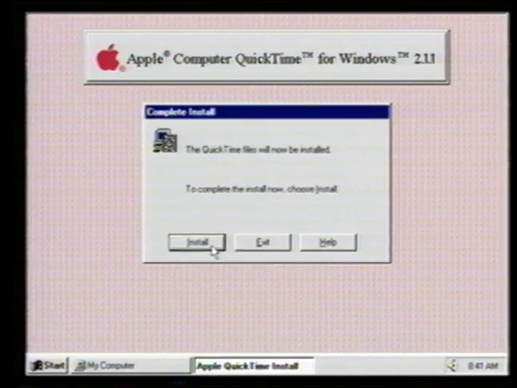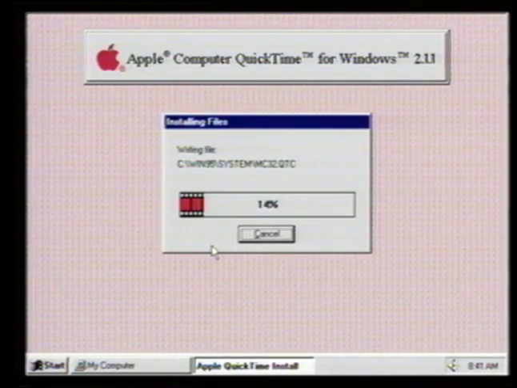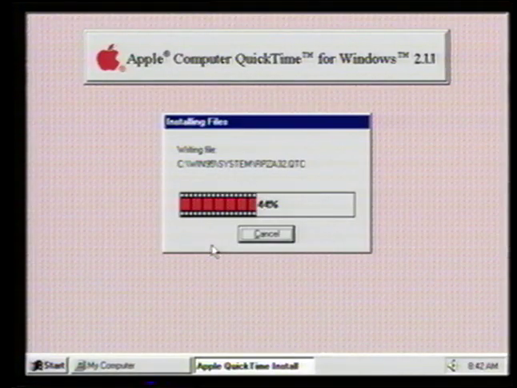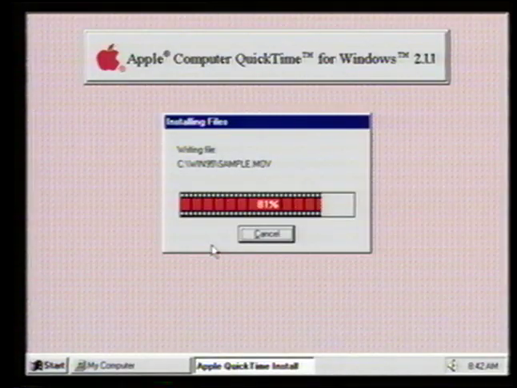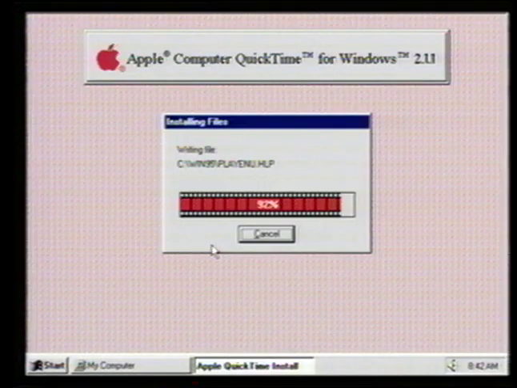So at this point, we start installing. We take all of the files and put them where they belong, and then we go through the registry and various other files on the system to make sure that Windows, and more specifically, your application, knows where to find QuickTime, the latest version, the one that will make your application run the best. And at this point,